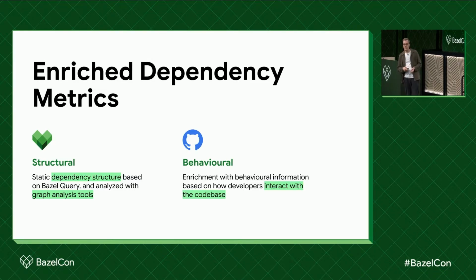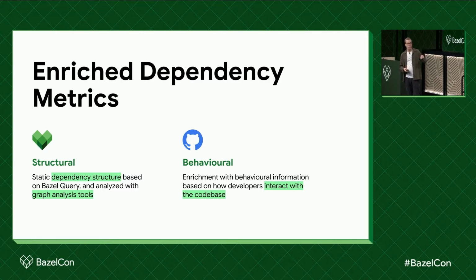However, what we've also added is a behavior layer to this. And this is perhaps a bit less standard when it comes to this type of graph analysis. Instead, we look at how our developers interact with the code. And the reason why this is interesting is that having a nested and complicated dependency structure is not necessarily a bad thing as long as things remain stable and don't change often. However, if we have high code churn in certain parts of the graph, this can be cascaded through those nested dependencies and thereby cause issues in the graph.